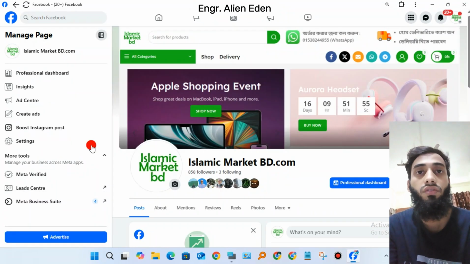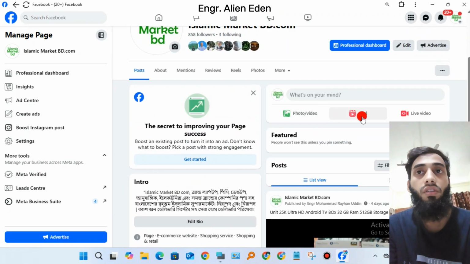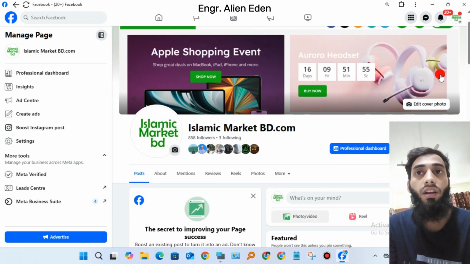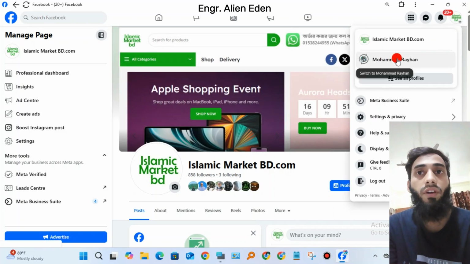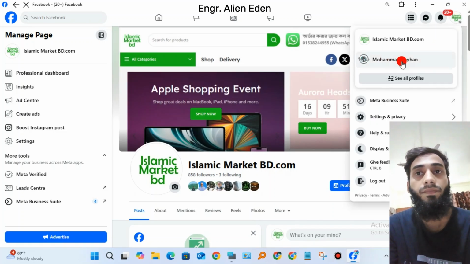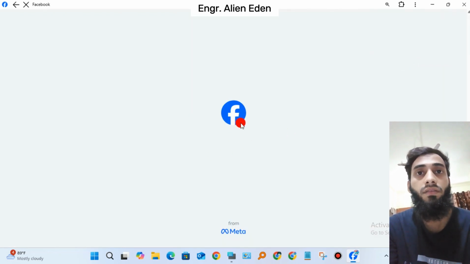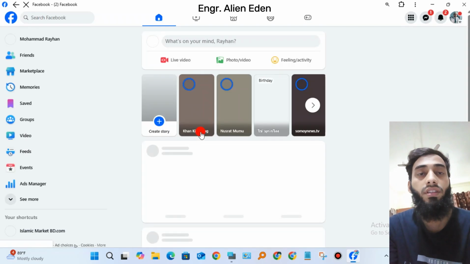You can edit also. For switching back to your main profile account, similarly click over profile, main profile. Now you're seeing that I have switched my